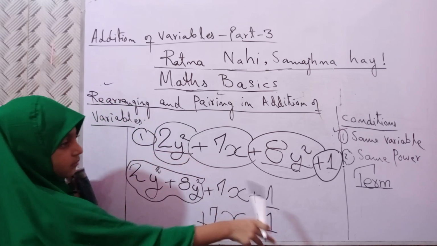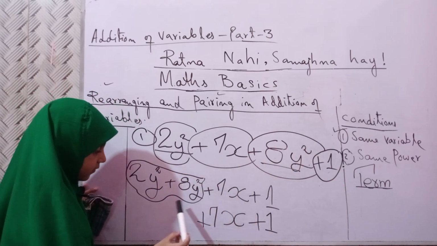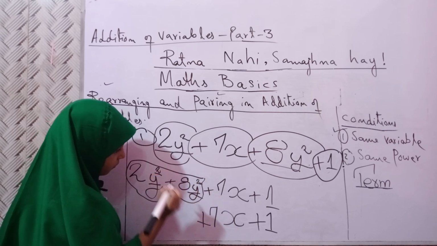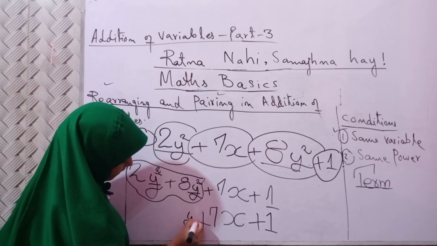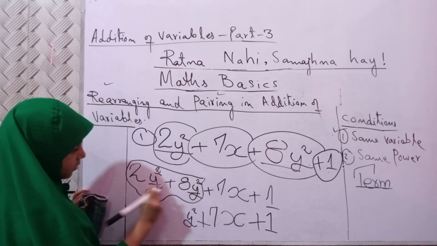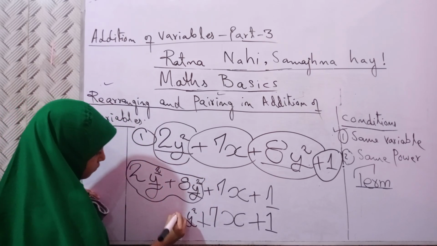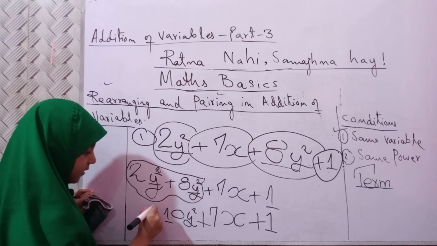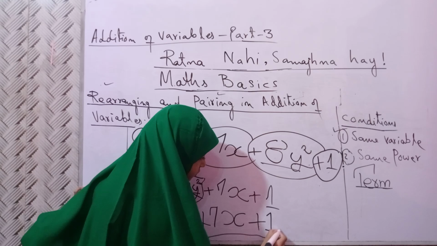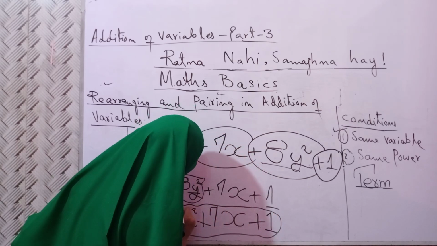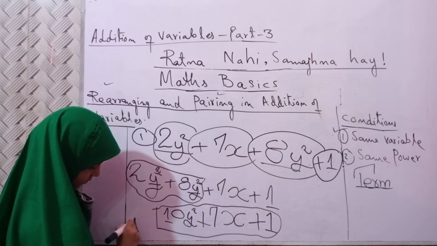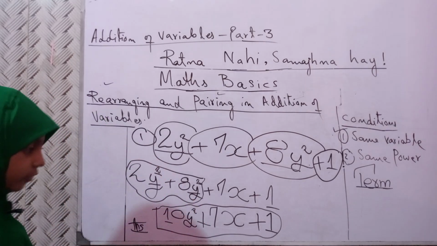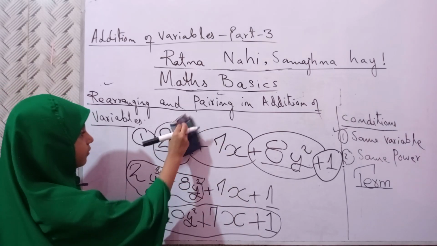Now, don't forget the conditions. Look, same variable y and y, same power 2 and 2. Now, the power 2 we will write down as it is. Now done. 8 plus 2 is equal to 10. Now it is our answer. You can see there is no pair with anyone. That's why. Now we will do the second